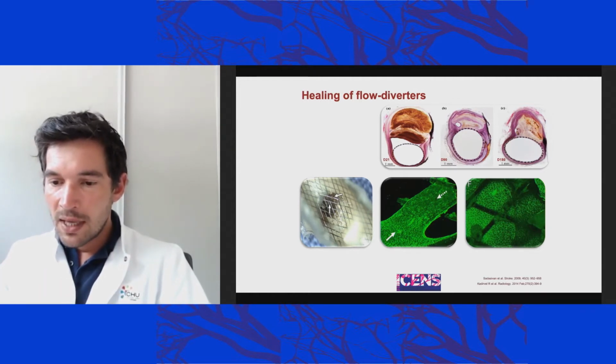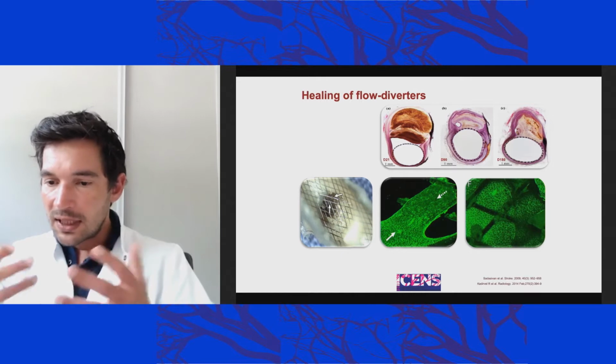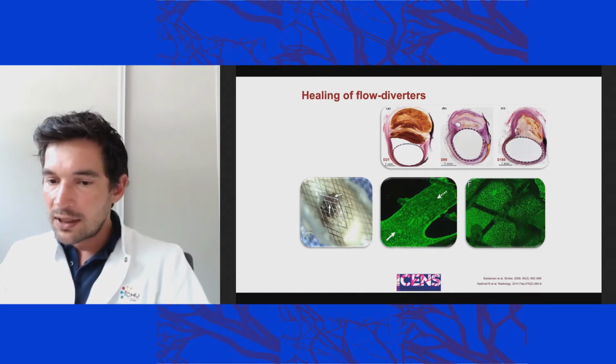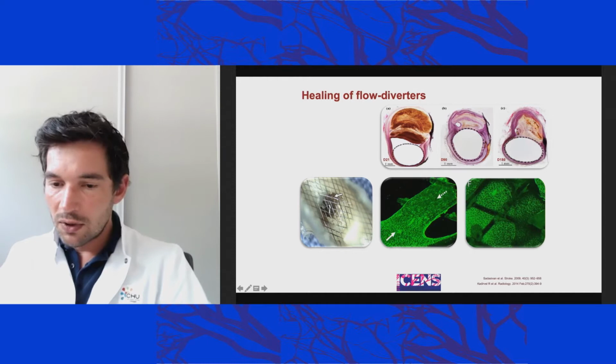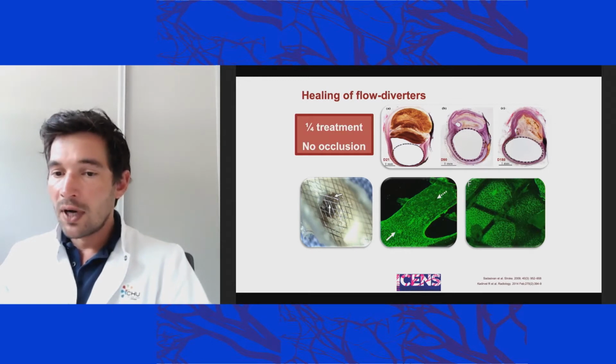This is immunohistology with the CD31 markers. CD31 is showing the endothelial cells proliferating over the struts of the flow diverters in order to cover the neck of the aneurysm and exclude it from the circulation. So it comes from the normal arteries surrounding the aneurysms, but what we observed is that in 1/4 of our